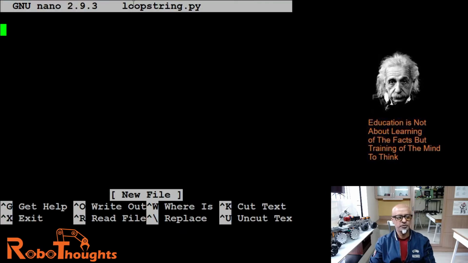Alright, I am in my IDE. Now let me show you an example of how it works. So using a for loop, guys, I'm going to teach you about for loop, while loop, do while loop, all those different kinds of loops in the upcoming videos. But this is just an example for me to show you how the looping works in a string. Okay, so let me say for x in, say, what do we name? Avengers,